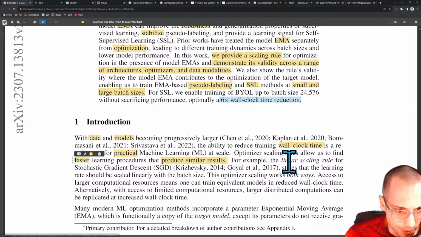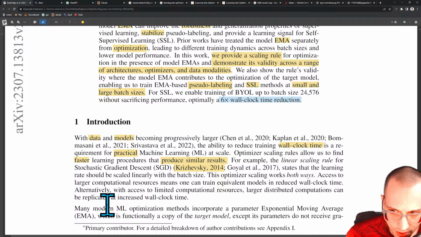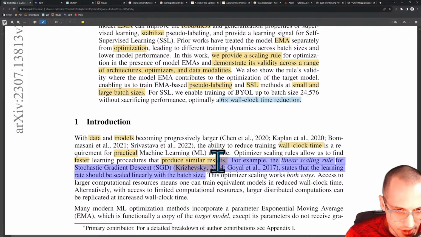Okay, so for example, the linear scaling rule for stochastic gradient descent, SGD, here you go, here's that old school 2014 reference right there, states that the learning rate should be scaled linearly with the batch size. So this is kind of an older,